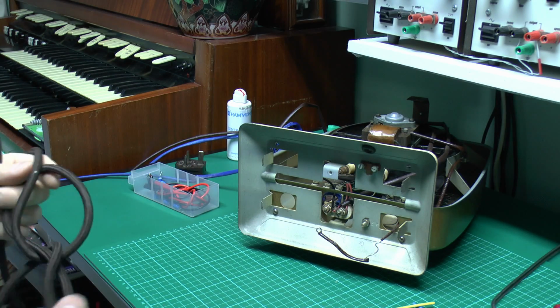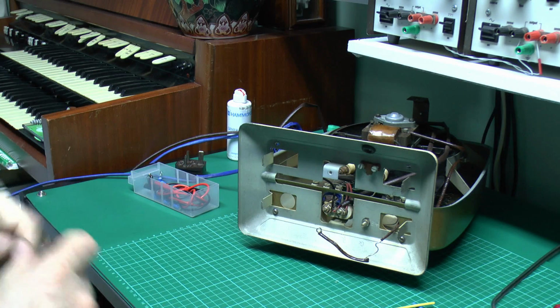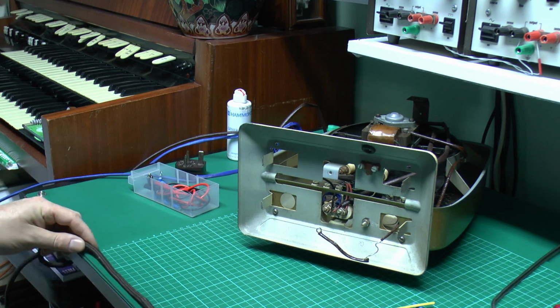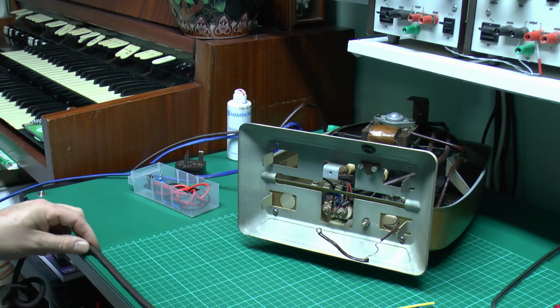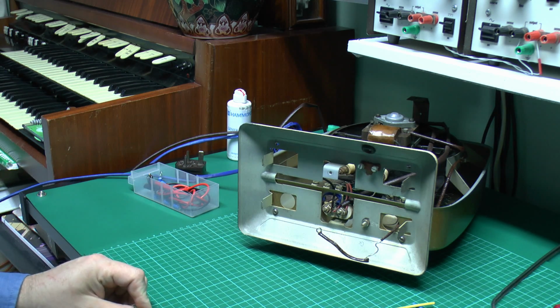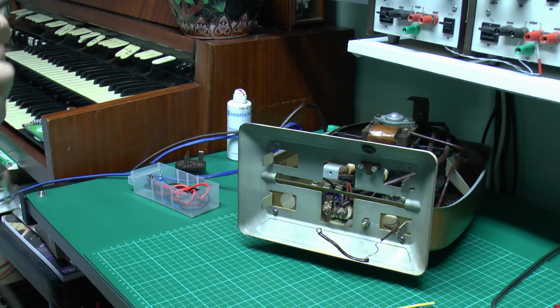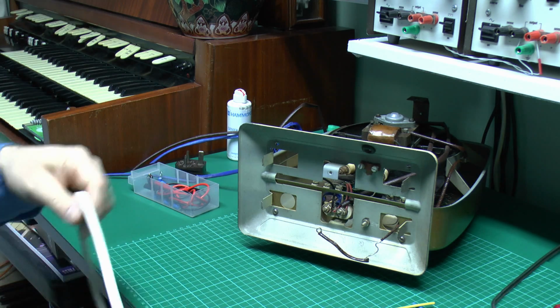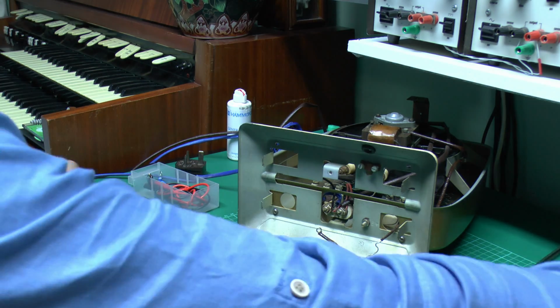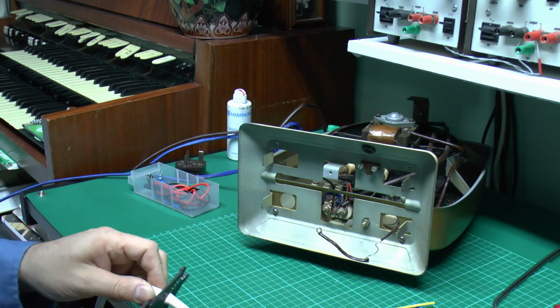Now the choice now is how long we want the flex to be. Now here's the old flex, so let's just have a quick look and see how long that was. That's 1 metre. Okay, so it's just under 2 metres, and bearing in mind I cut a bit off at the end anyway, so we'll just go for a 2 metre length, so just measure that out here. And that seems a fairly sensible choice, so we'll just cut that at the